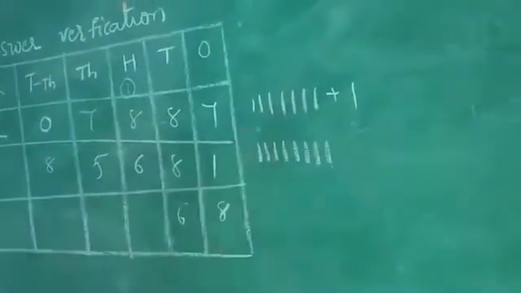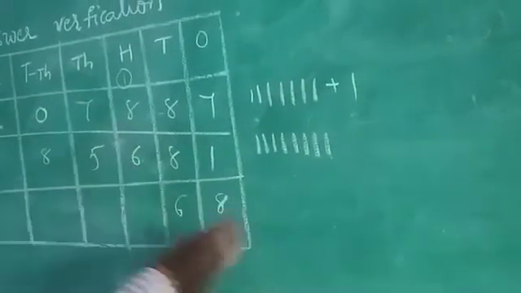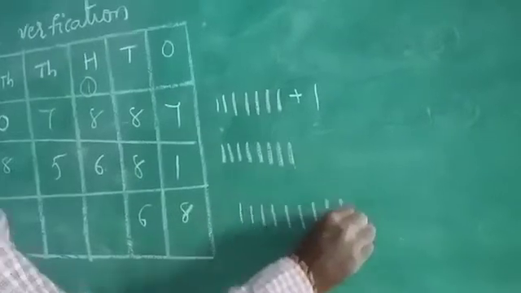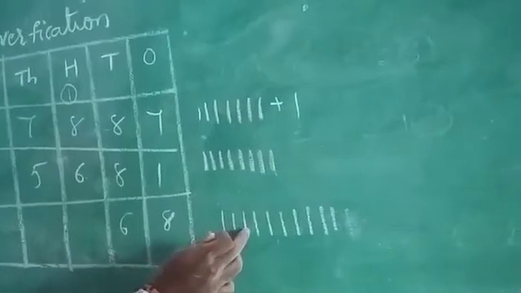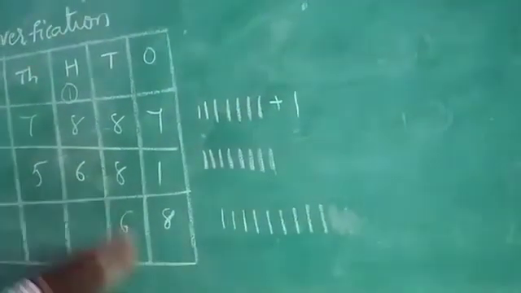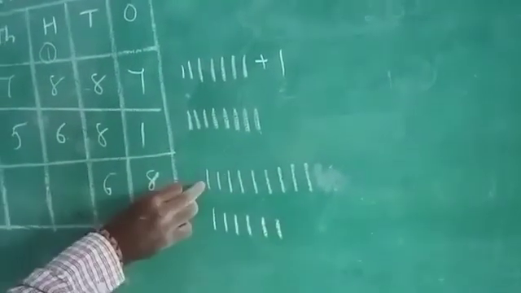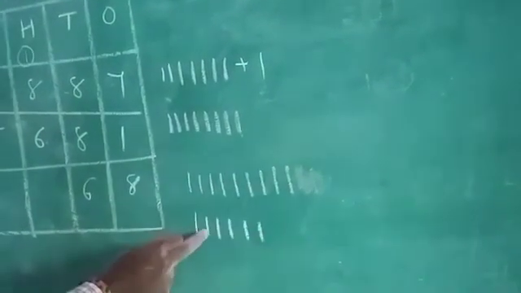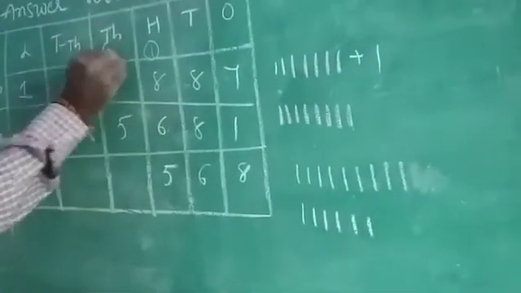The next, add it all. First 9 is there. So here is 1 plus 8, 9. 9 plus 6: up to 9, and again there is 6. Add it, you get 15. So 5 will be there and 1 carry.